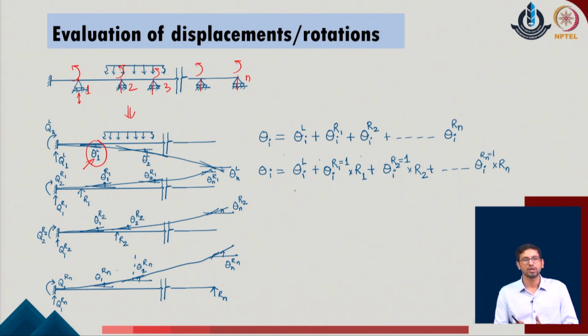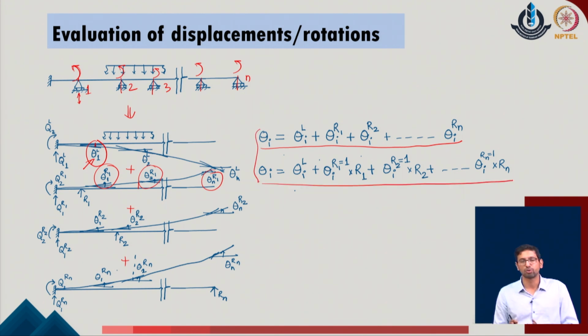Of course, this is much more computationally lengthy, because earlier we were only calculating the displacement in the direction of the redundant 1, redundant 2, redundant 3 and subsequently others. Now, we are also opting to calculate the displacements in the direction of the unknown displacements or the displacement which are actually taking place in the given problem. So, knowing these displacements will of course be lengthy, but the easier way to calculate them will be that if while doing these individual calculations of the system, we can also define by the energy approach these individual amount of the displacements or rotations in the given problem, and then we add the cumulative sum of all them together to know the net displacements or the rotations of the given system.